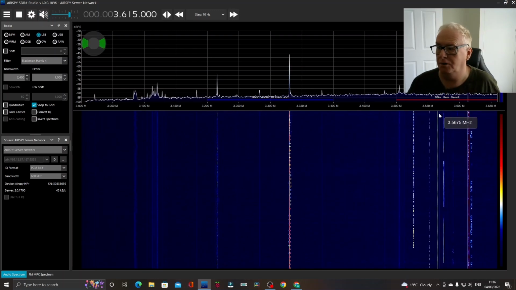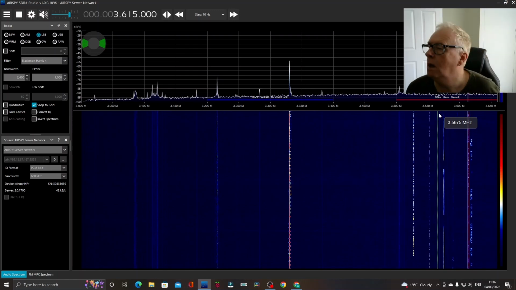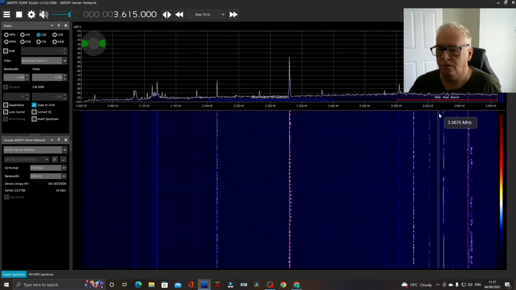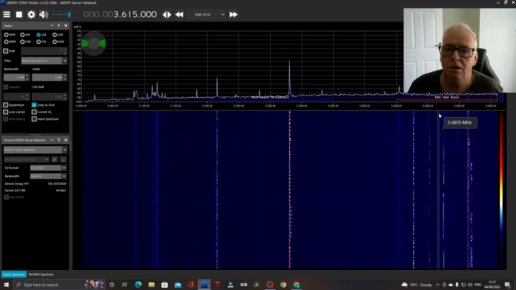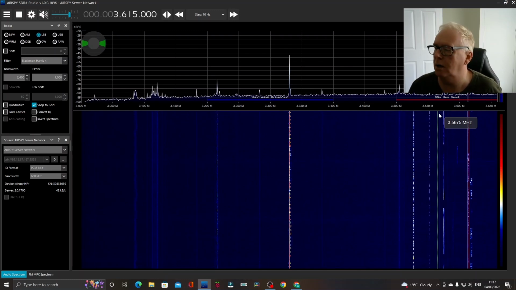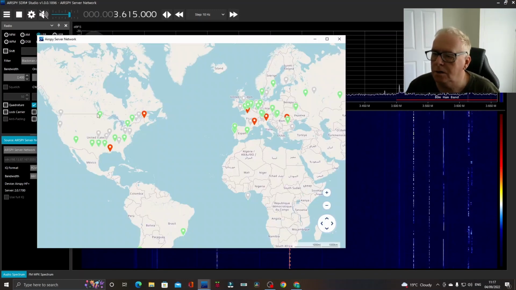Now I could never have an antenna long enough for 80 metres. And the other joy is that these guys have got absolute top of the range antennas in many cases, and additionally they've probably got a better SDR than my little RTL SDR. If we go to this guy,